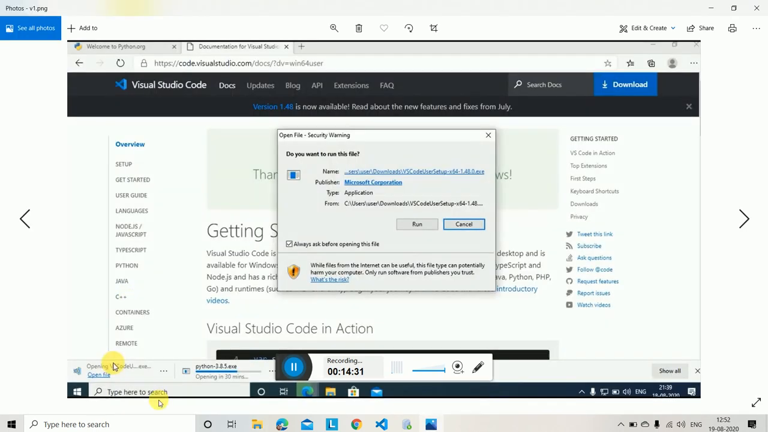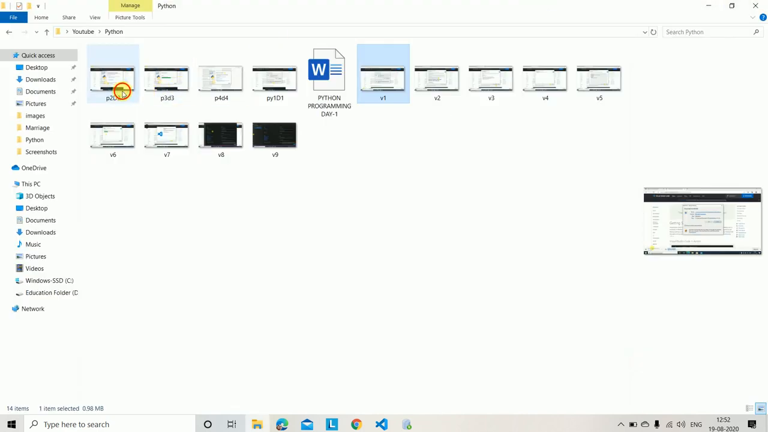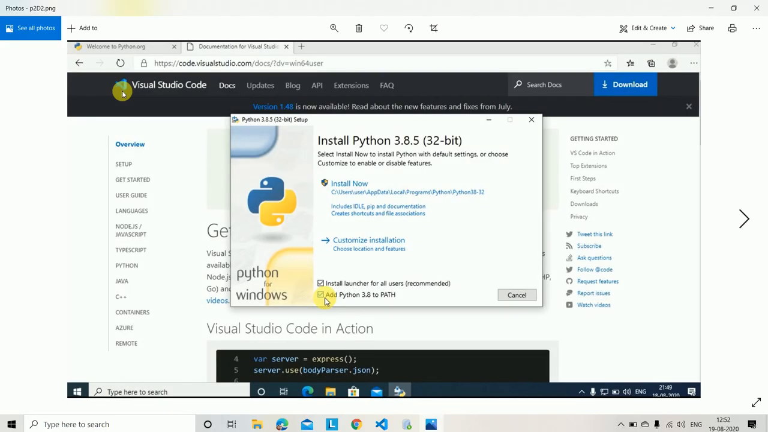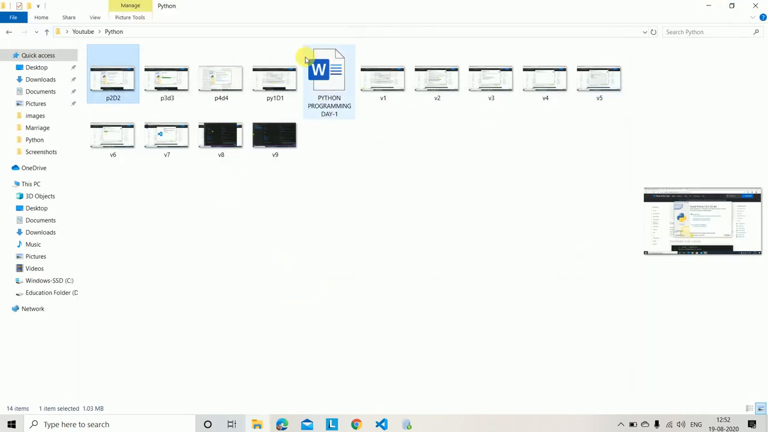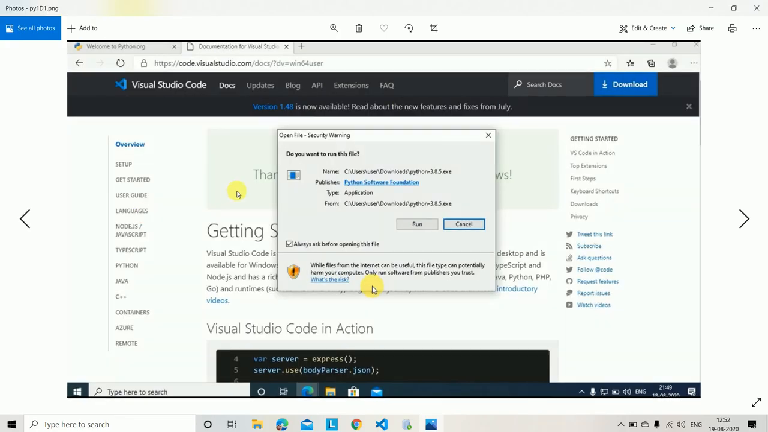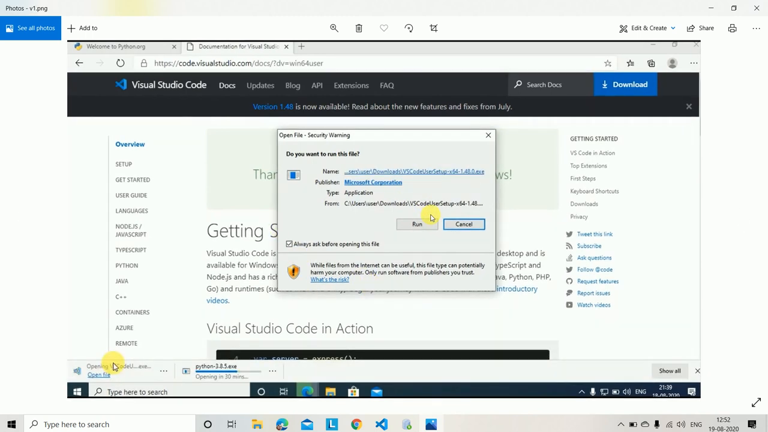See, an exe file like this will be downloading. Like this, the python.exe file will be downloaded. After downloading, follow the same process as we said for Visual Studio. Here they will ask you to run the program so that the application executes. Click on run, and then